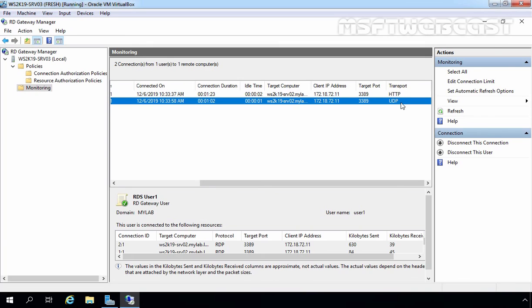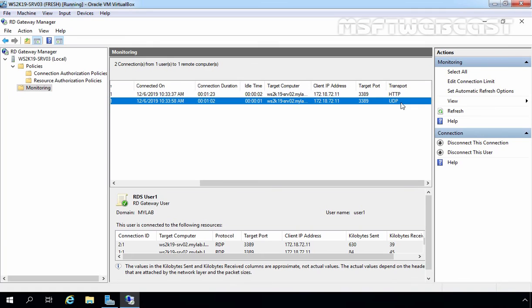One more thing which I want to mention, that I should have mentioned earlier, is that you also need to configure port forwarding on your router or firewall. In order for traffic from the internet to reach your RD Gateway server, you will need to open some ports in your firewall or router. If you are setting this up in your home lab where you don't have a DMZ and your server is only behind a single firewall or router, then you only need to set up port forwarding for port number TCP 443 to your RD Gateway server.